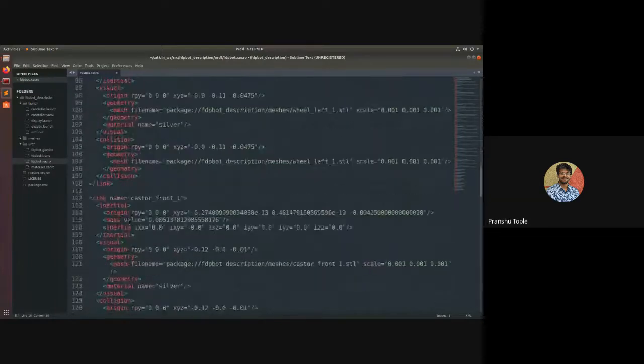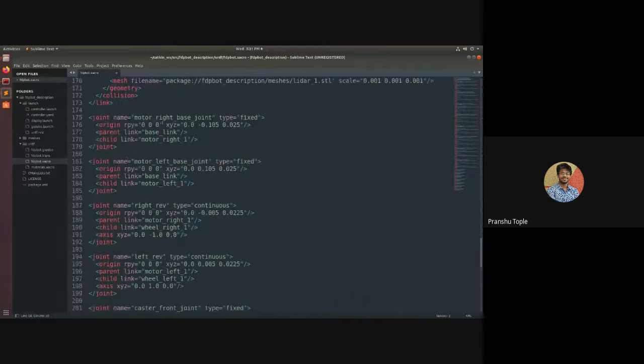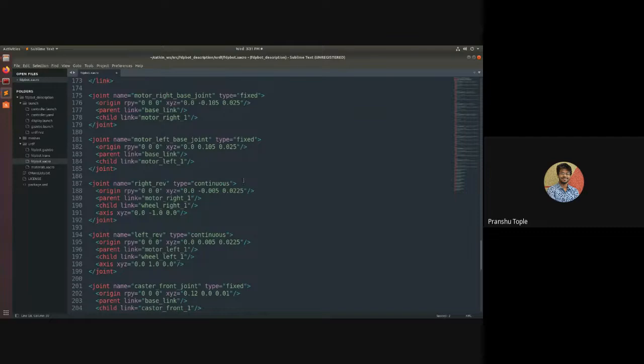Number one, if you go down and see the joints here, for the motor joint, which are the continuous joints, these are the two continuous joints for the revolution of the wheels, between motor and wheel. On the left part, the axis is 0.0, 1.0, 0.0, so it is moving along the y-axis.